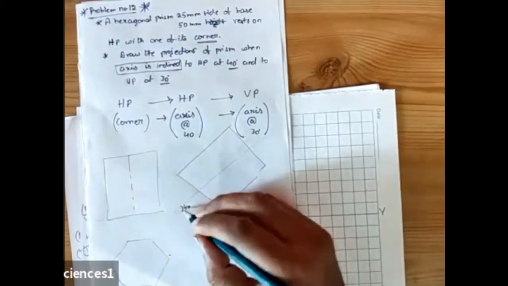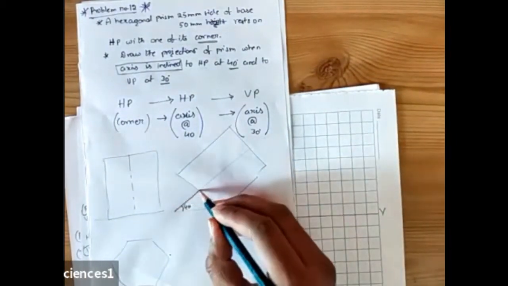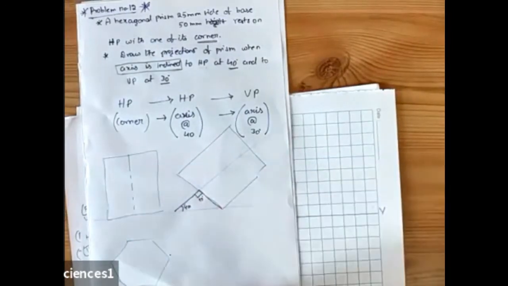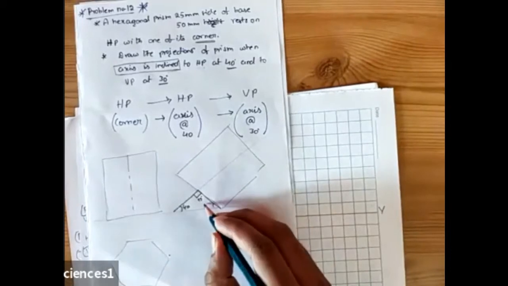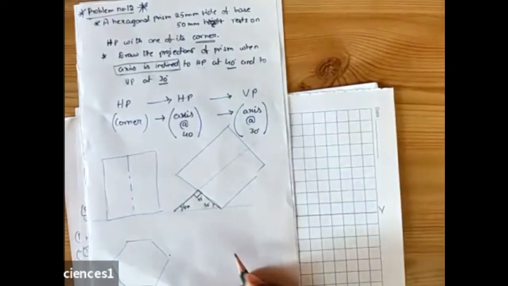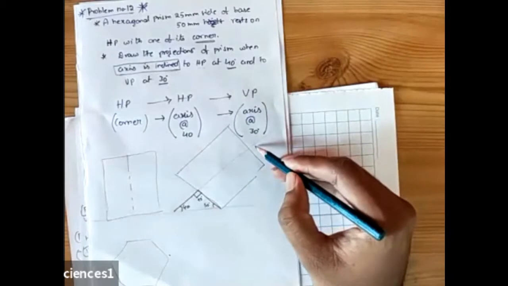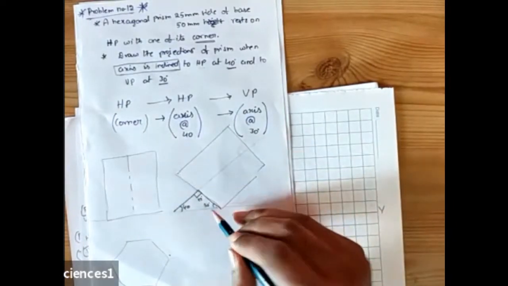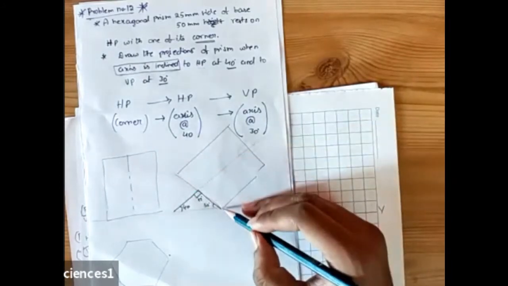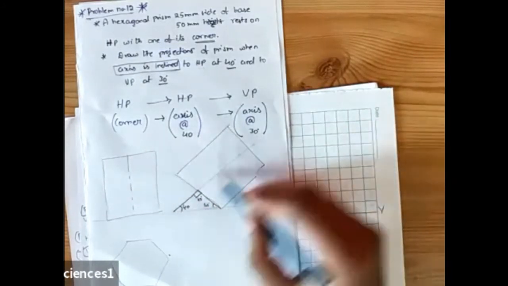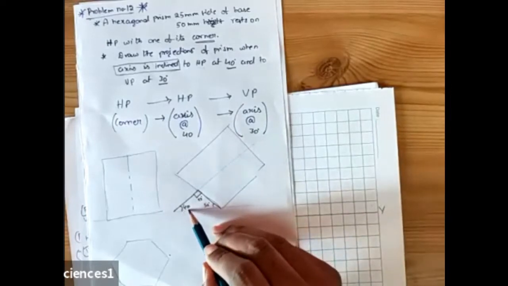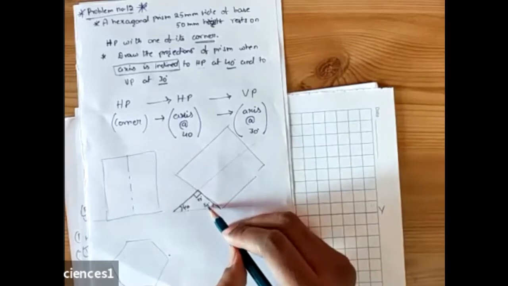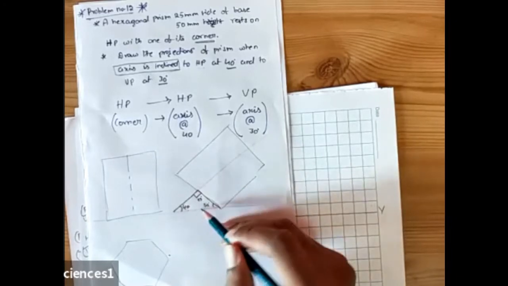But you know that if this angle is 40, consider this triangle. This angle will be 90 degrees. What will be the remaining angle? The remaining angle will be 50 degrees. That means what? If the axis is inclined at an angle of 40, what will be your base inclination? The base will be inclined at an angle of 50. That is why we will draw the base first. Once you draw the base first, automatically the axis will get inclined at an angle of 40 degrees. Okay, you're understanding why we are drawing the base first? This will be 50, because the sum of the interior angles of a triangle is 180.